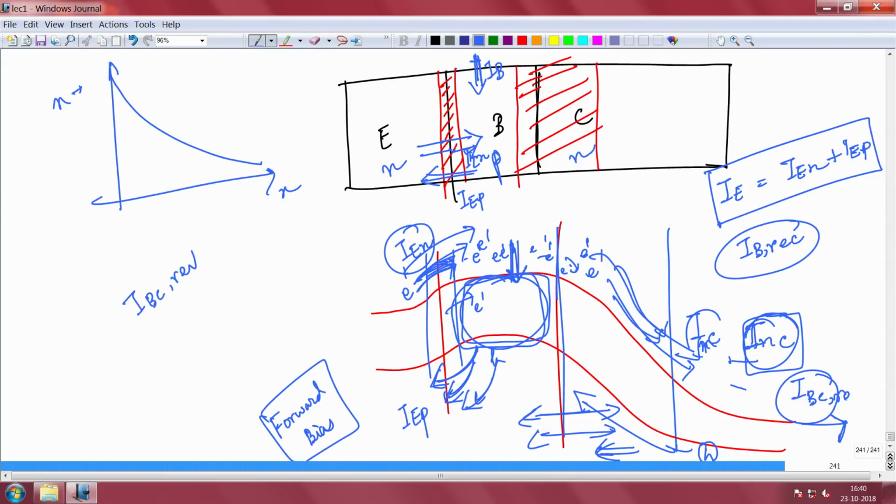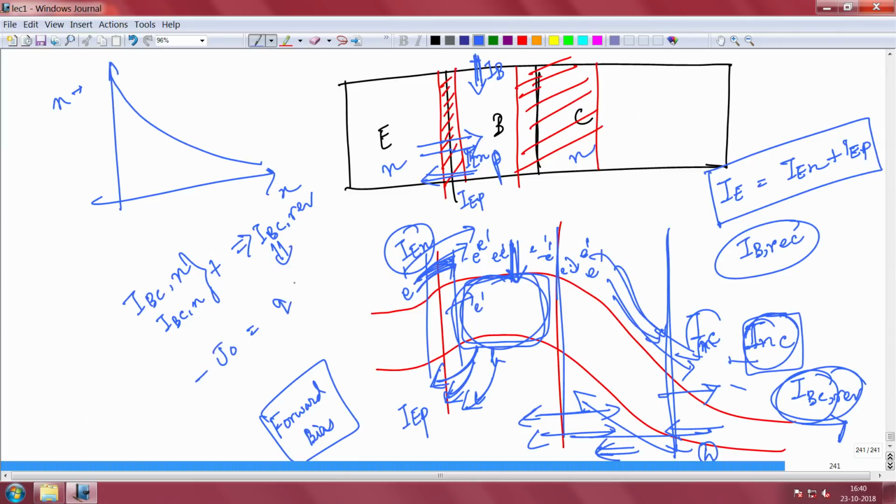So, this is the reverse saturation current across the base collector junction, one component because of electrons, one component because of holes. You can actually do it in two ways. One is IB, the electron leakage current, and this is the hole leakage current, both of them together you add up, you get the total base collector reverse bias current. This is basically nothing but J naught, if you remember, which is q ni square Dp by Lp into 1 by Nd, all those things you remember, that is actually this current. Okay. So, that is a reverse leakage current there.